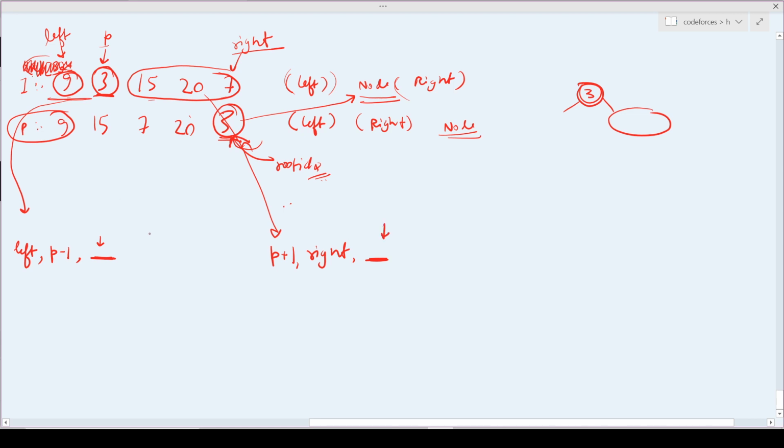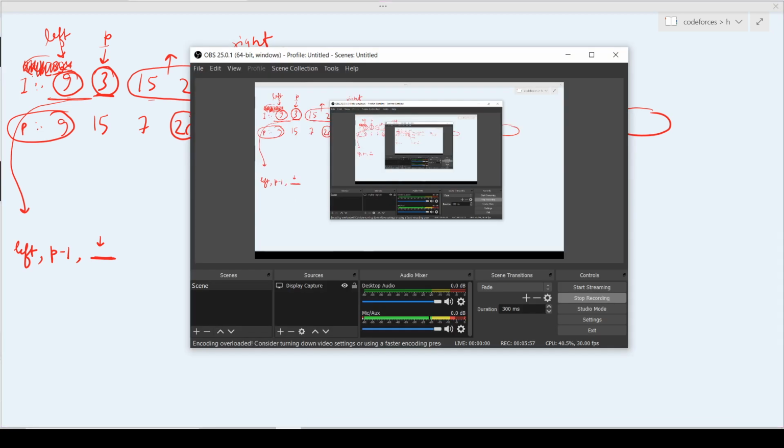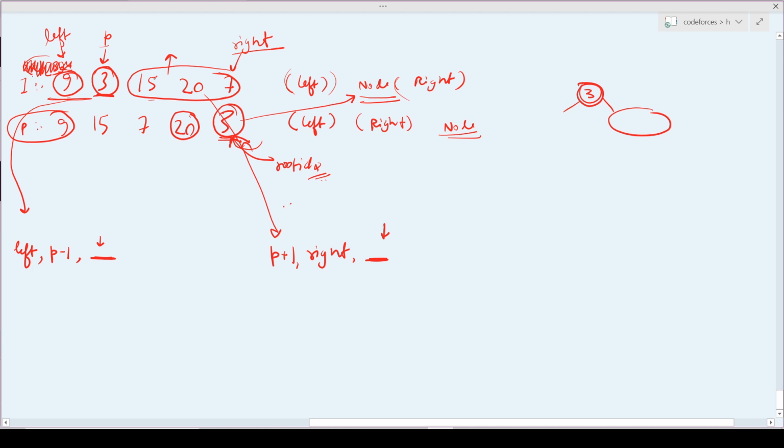Now to know the root index, I clearly know that for the right subtree my root index will be this, but I don't know what my root index will be for my left subtree. But I clearly know my right subtree size. Let me check, the recording is going fine. Okay, it is overloaded, so I hope it should not have any issues. So see, my right subtree size is right minus p, which is actually 3.